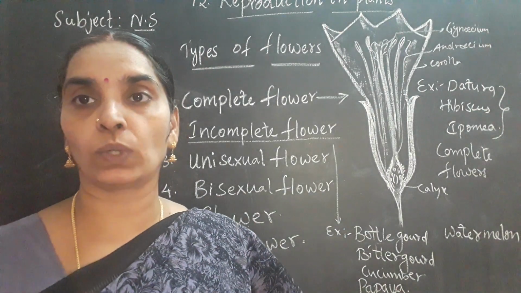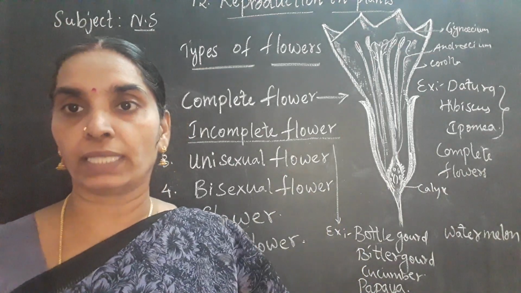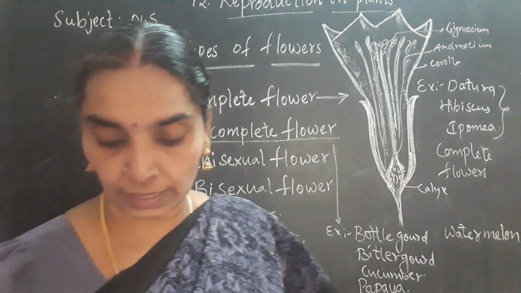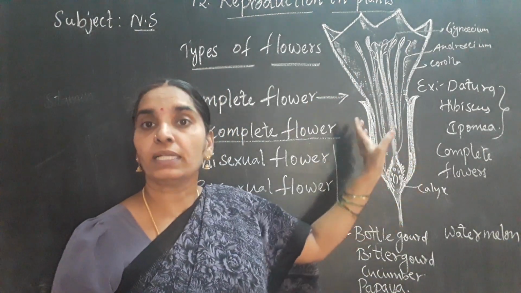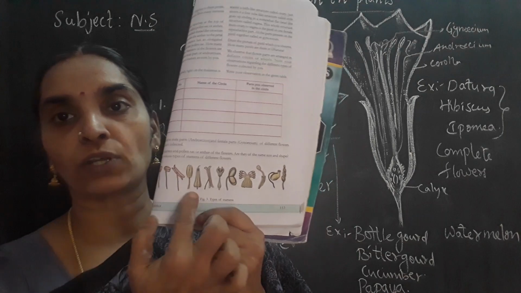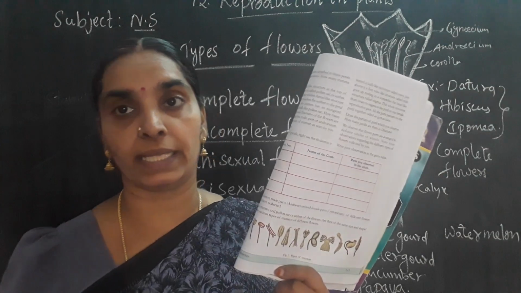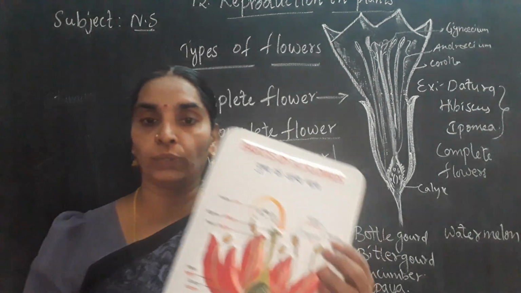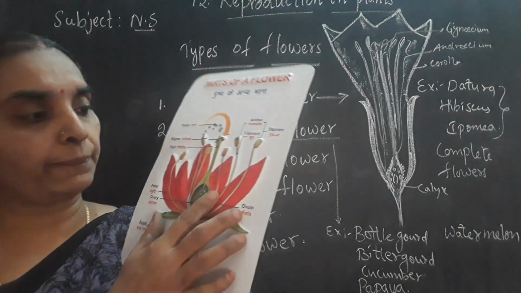So for the first, second, third, and fourth whorls you write calyx, corolla, androecium, and gynoecium. You can know that the number of stamens and the types of stamens differ in different flowers. If you see the textbooks, you can see the different types of stamens given there. You can observe these different stamens when you observe different flowers in nature. In hibiscus, it differs from datura, and if you see the hibiscus, you can find this type of structure.